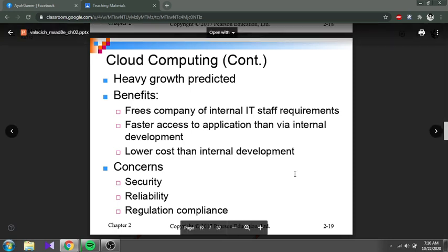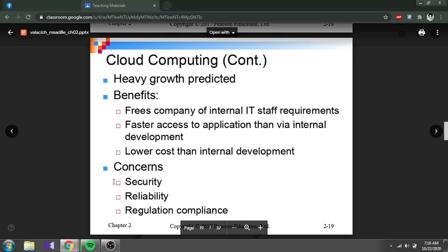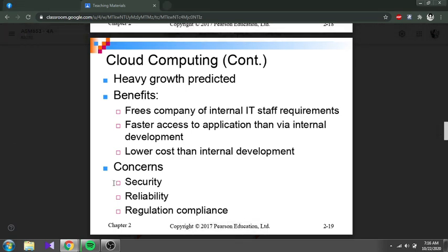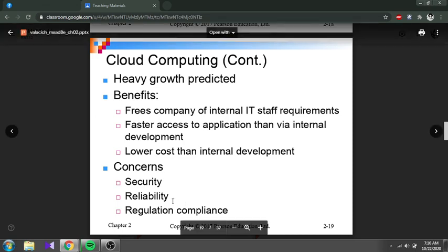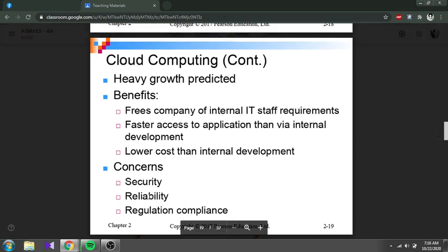There was a security breach on celebrities' private cloud storage. And then the reliability.